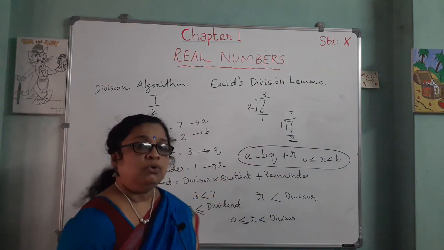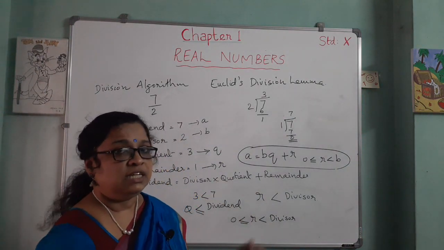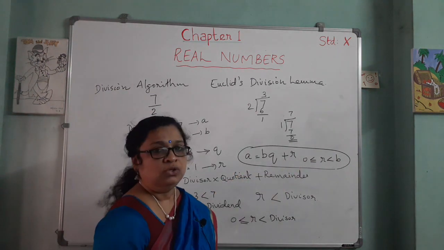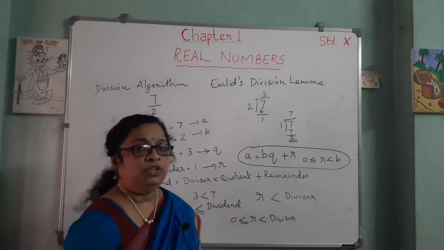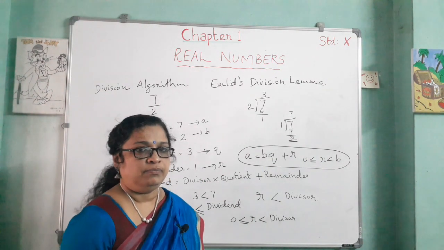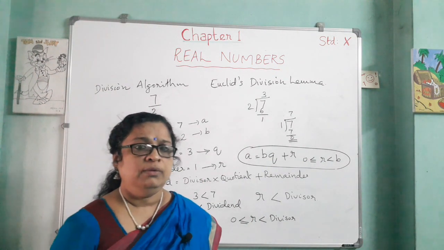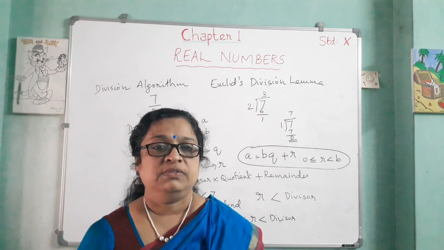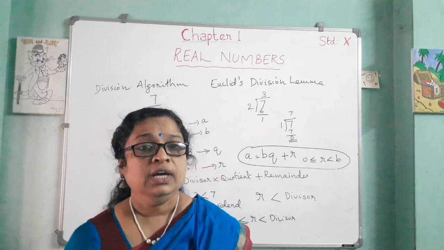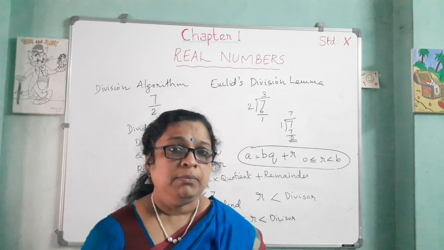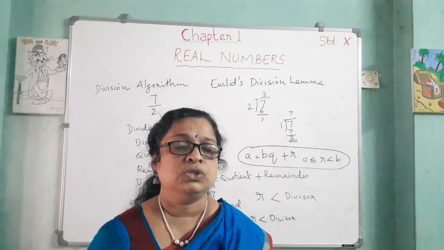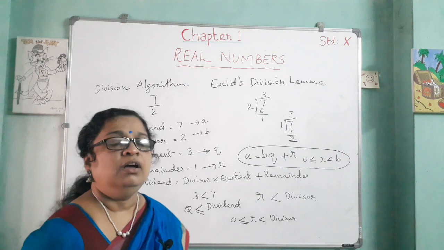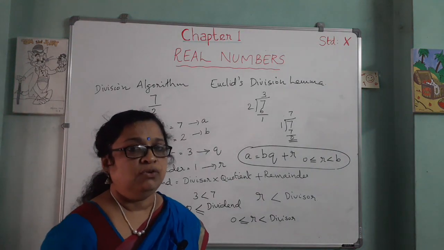And this is used for positive integers. It can be extended for all integers except 0, that is b not equal to 0. And division algorithm is based on this lemma. What do you mean by algorithm and lemma? What is the difference? Algorithm means a series of steps which gives a procedure for solving a type of problem. And lemma means it is a proven statement for solving another statement. So using Euclid's division lemma, we can find the HCF of numbers.